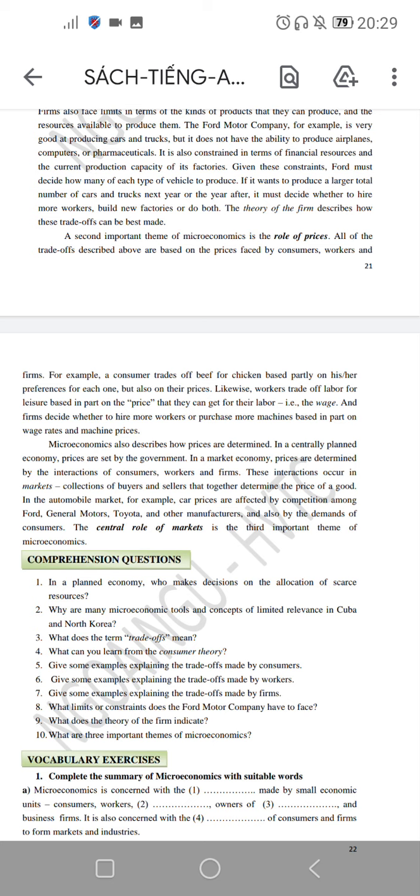Microeconomics also describes how prices are determined. In a socialist planned economy, prices are set by the government. In a market economy, prices are determined by the interaction of consumers, workers, and firms. This interaction occurs in markets, collections of buyers and sellers that